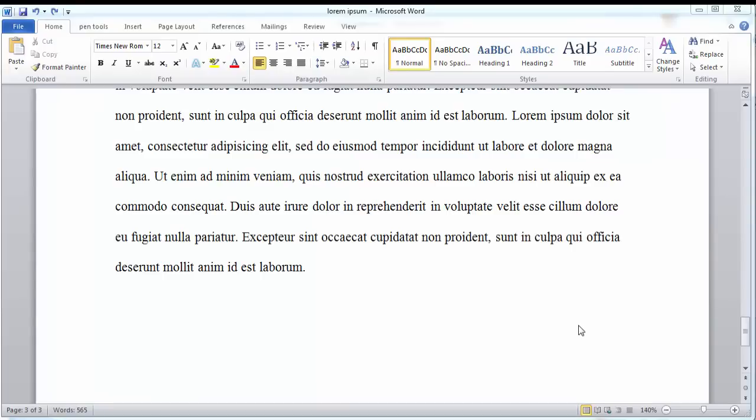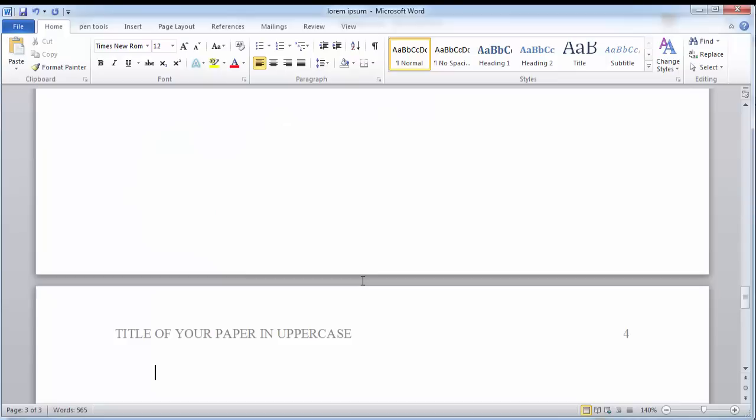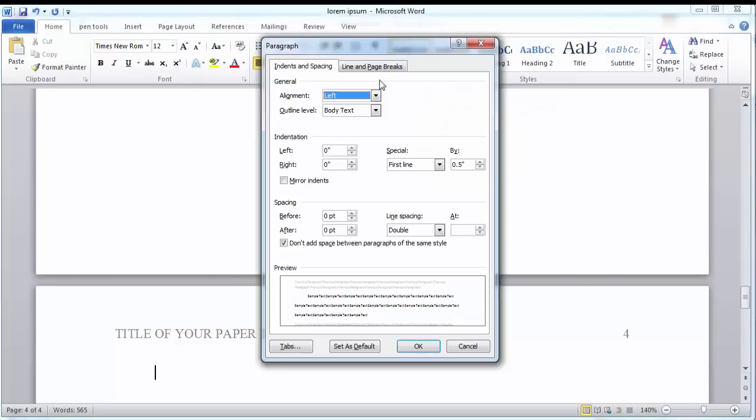Now that the body of your paper is formatted and you have a title page, it's time to work on the references page. First, you need to add a page to your paper, and you can do that by bringing your cursor to the very last word in your paper and on your keyboard clicking Control and Enter at the exact same time. Next, you're going to go up to paragraph and click on the little arrow and get the